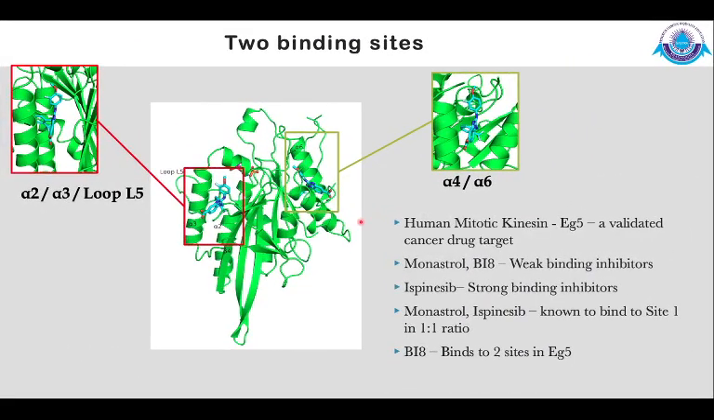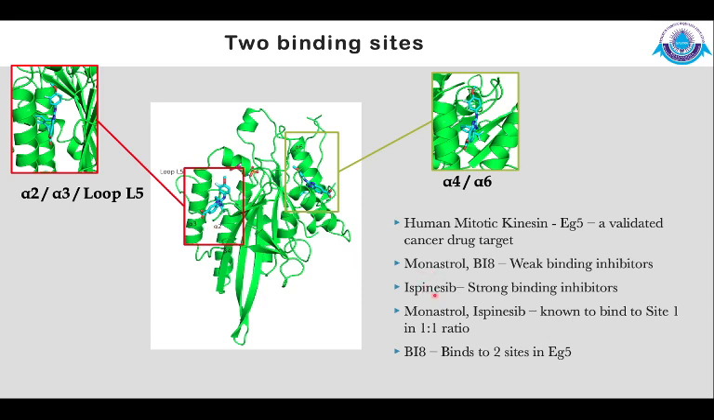Okay, so the protein of interest is the mitotic kinase Eg5, which is a validated cancer drug target, with many of its compounds in various phases of clinical trials. And one of the inhibitors that we tried to design, called BI8, is known to bind in two binding sites. We already know there are several inhibitors that have been structurally and functionally characterized,